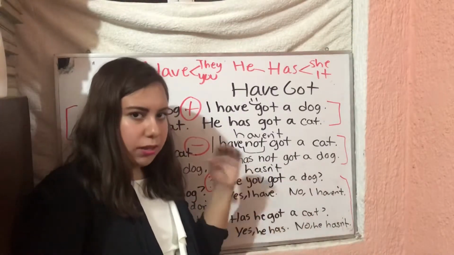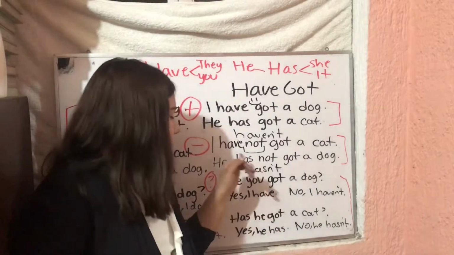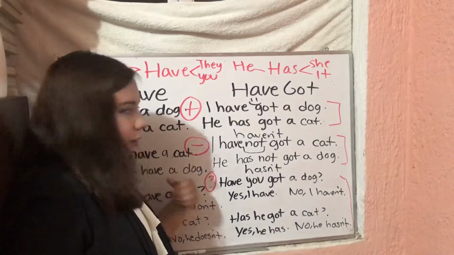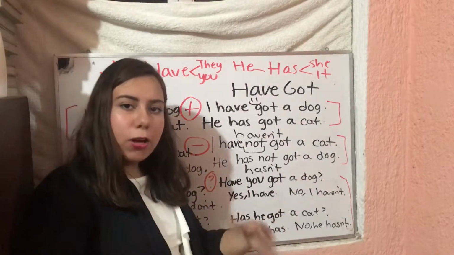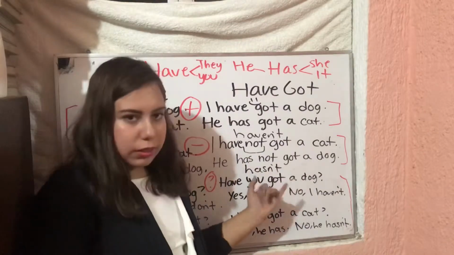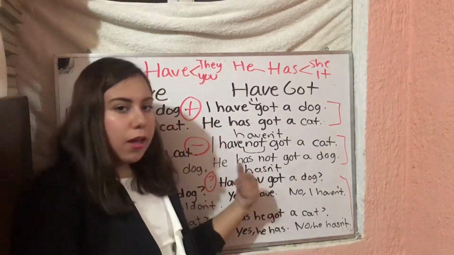¿Ok? Entonces aquí no voy a usar auxiliar. Acá por ejemplo tengo he doesn't have a dog. Tengo he y have. ¿Por qué? Porque tengo el auxiliar y el auxiliar hace que mi verbo esté en forma base. Pero aquí no tengo ningún auxiliar. Entonces voy a seguir usando has con he.